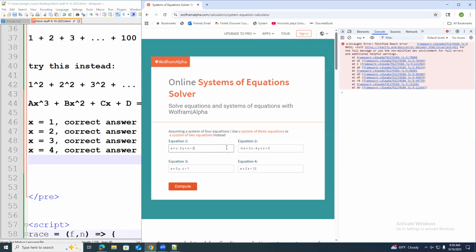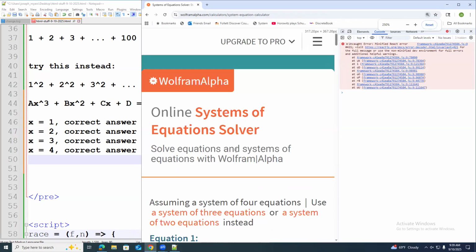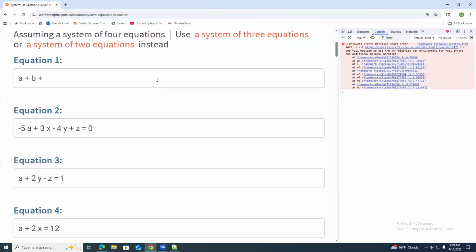Equation 1 is going to be x equals 1. So it'd be A plus B plus, let me zoom in a little bit so you can see it better. The first equation would be A plus B plus C plus D equals, we said the total was 1, right?